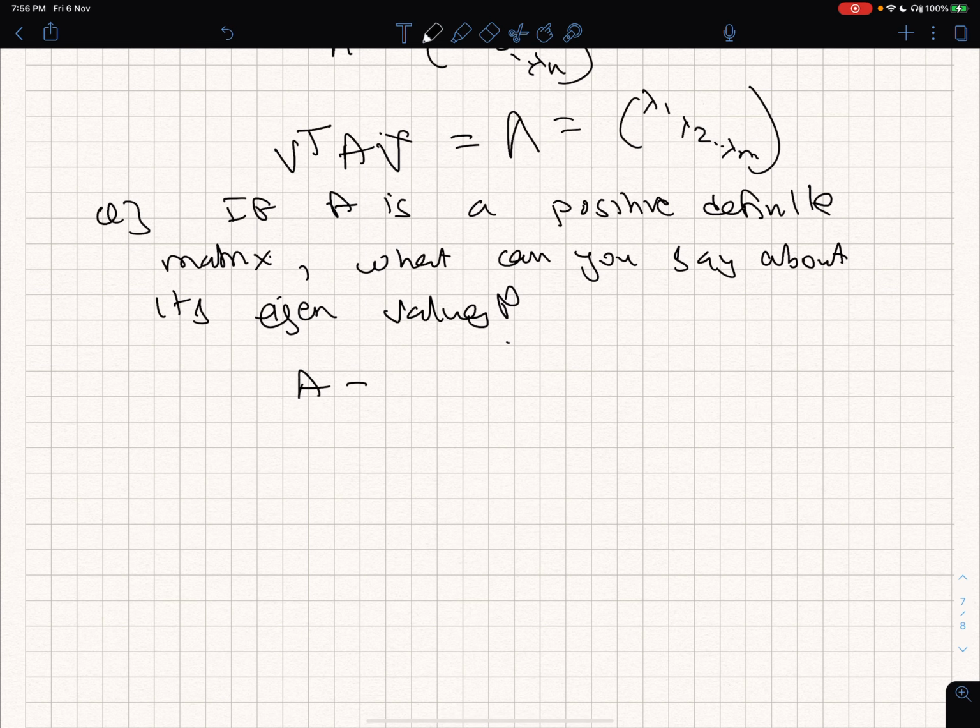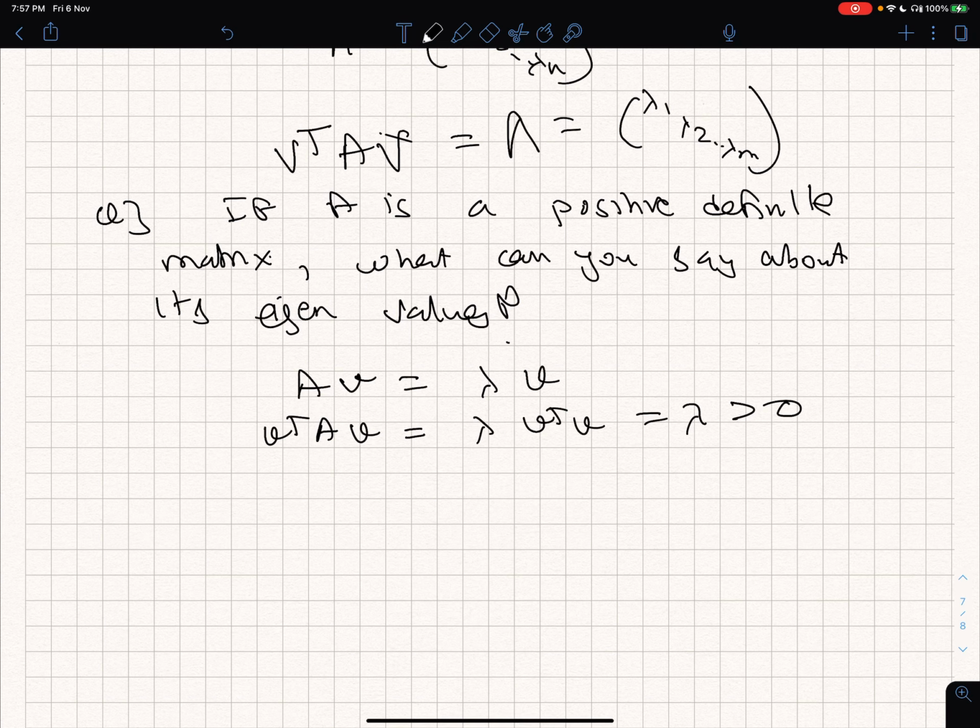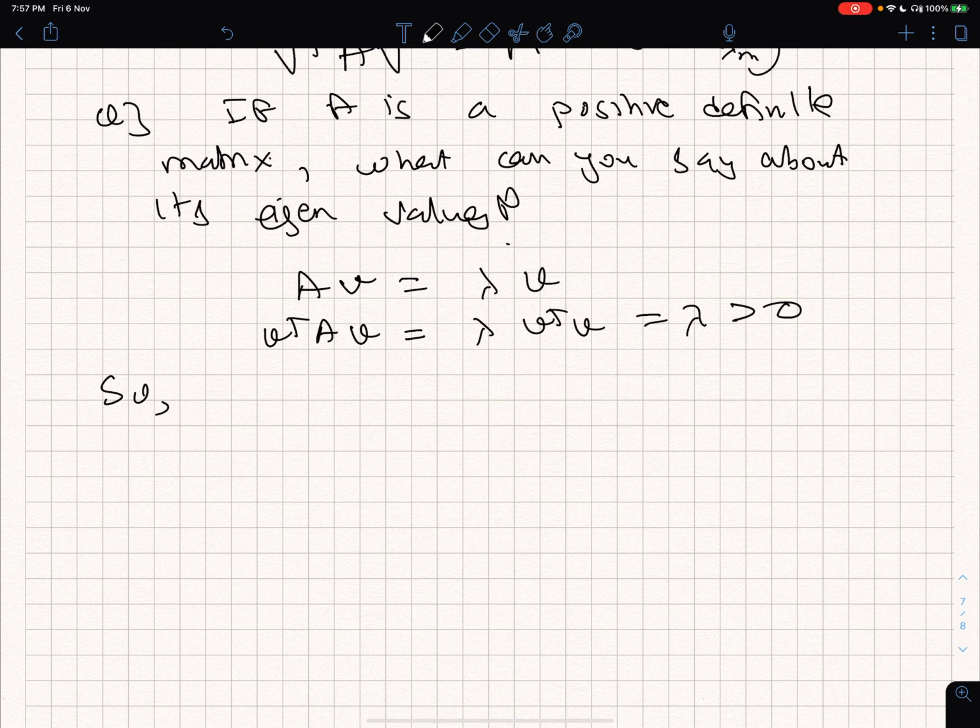Let's say that AV is equal to lambda V, because lambda is an eigenvalue. Multiply it by V transpose. So V transpose AV is equal to lambda V transpose V, which is equal to lambda. V transpose V is 1 in my case; even if it is otherwise, it is some positive number. Now, because A is a positive definite matrix, this V transpose AV has to be strictly greater than 0. So therefore,